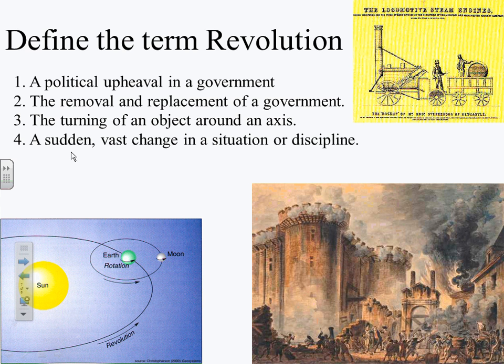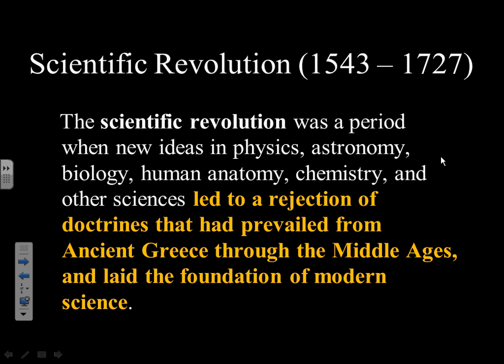We have a sudden and vast change, a simple definition, such as the change in transportation, moving away from horses and foot traffic to something that's powered by steam, in this case an early locomotive, creating a vast, radical change in transportation. So there are various different ways to use the term revolution, and we'll use it in all of these different ways in this class. But I want to make sure that we know clearly the definition of the scientific revolution. You can see the years there; the scientific revolution certainly overlaps some of the history and times that we've studied already in our first